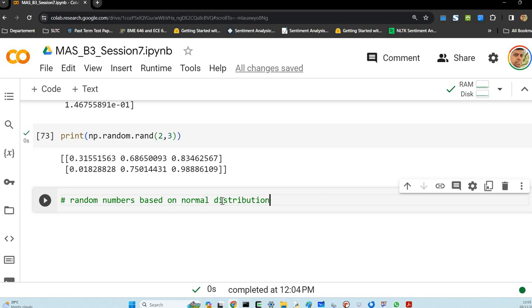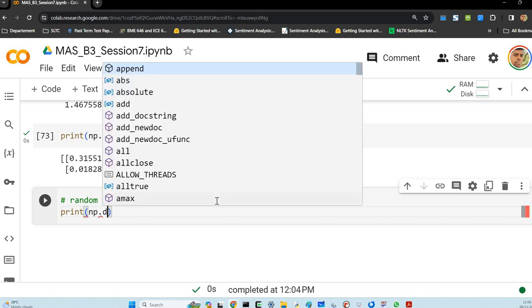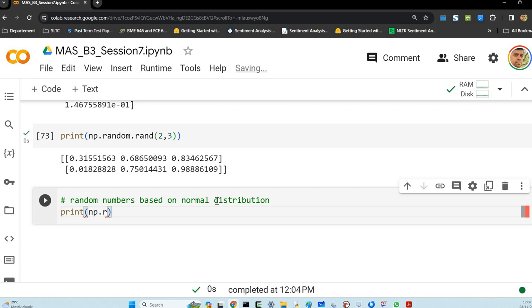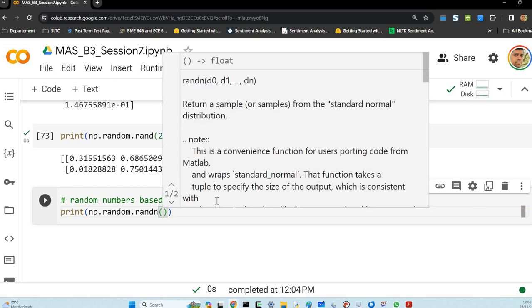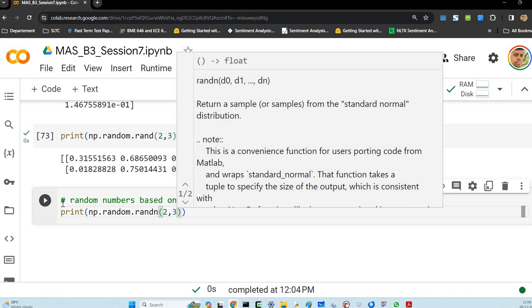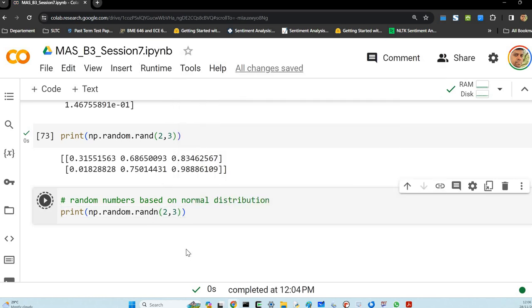The bell-shaped curve? Okay. So if you want to get the values from a normal distribution, if you don't know what it is, just forget about it. But for the time being, we can say random randn, random numbers normally distributed, and we can say, let's say 2, 3, like earlier, which